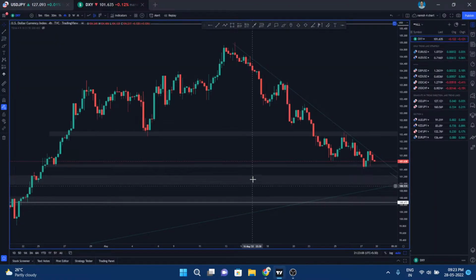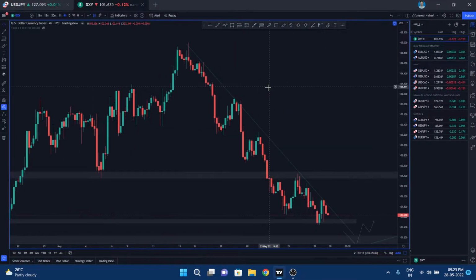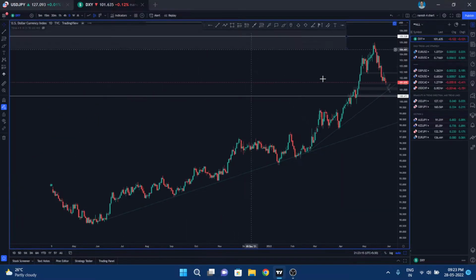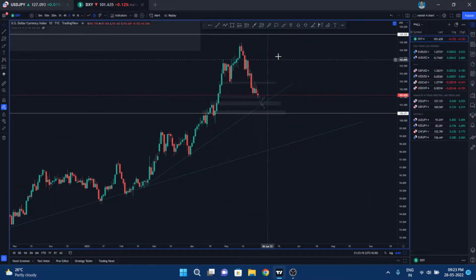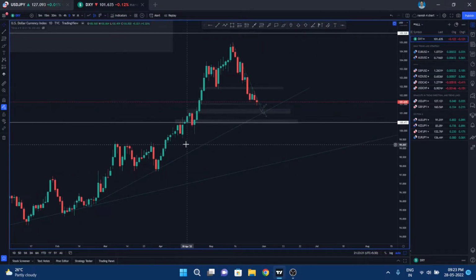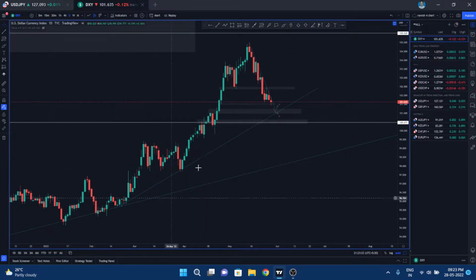Okay. So let's hop into TradingView, guys, and let's see the pairs first. In DXY, guys, we are able to see right now we are retracing. The major trend is up, but right now we are retracing back to this trend line. Possibly it can hold this level and move up again. Or it can break. If it is not holding this level, the support is there, so be careful at this time as well. If it is not holding this level, we can expect downward movement, and the next support would be this area.